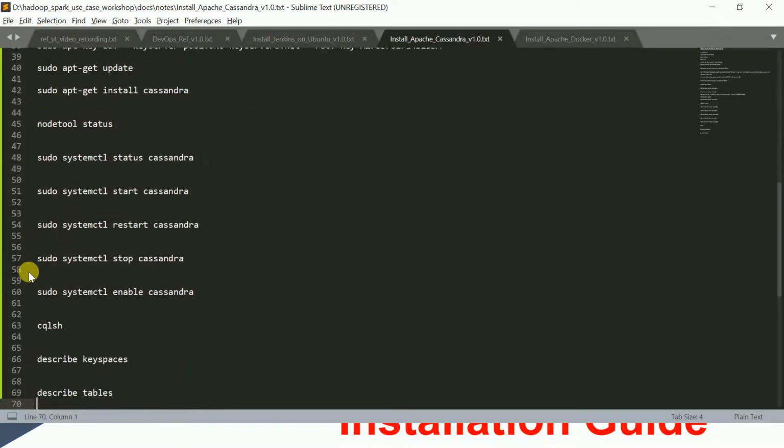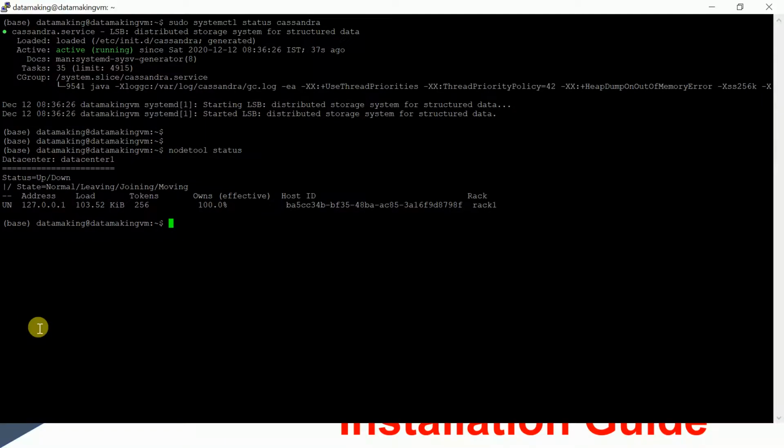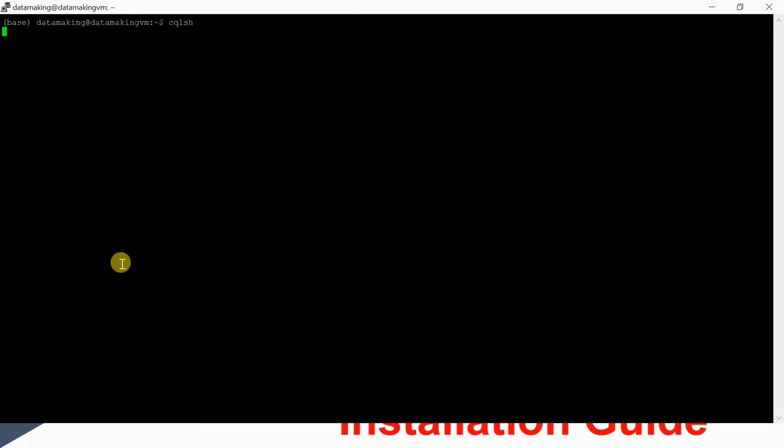You can log into the Cassandra CLI, the command line utility, which is cqlsh. The nodetool utility is also fine now. It's showing the IP address of the localhost for Cassandra. So installation is done. I'm going to log into cqlsh. It is connected to the Test Cluster. By default, a single node cluster is created, and it is able to connect on port number 9042.